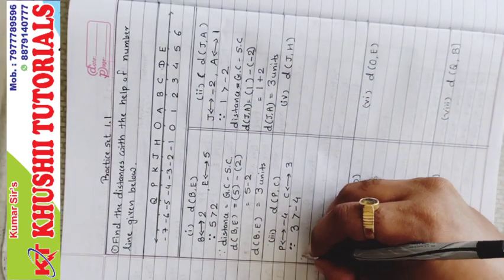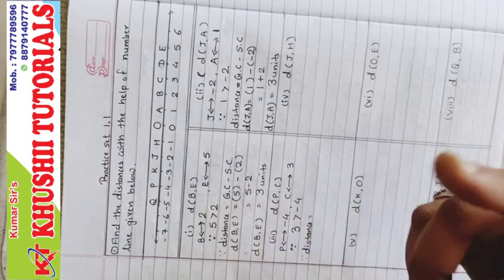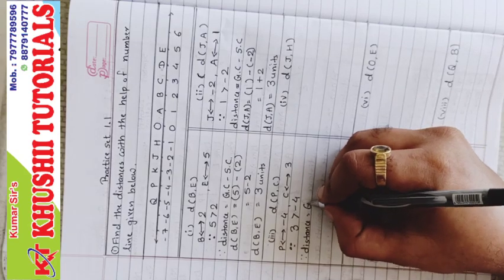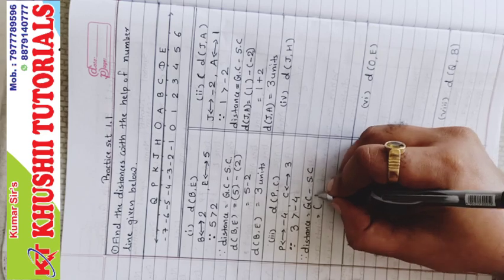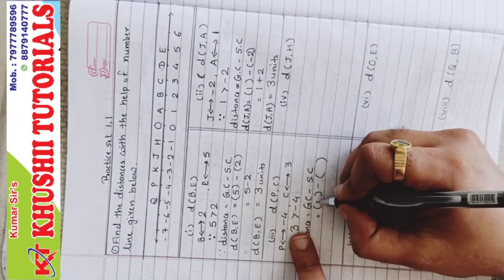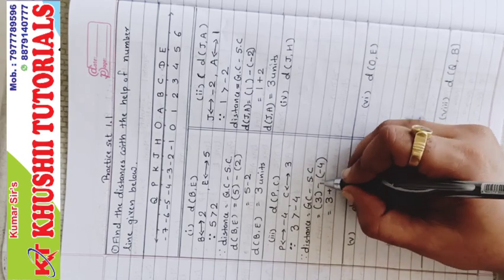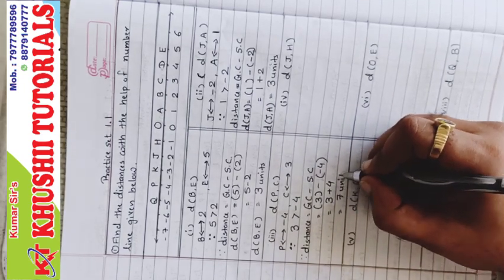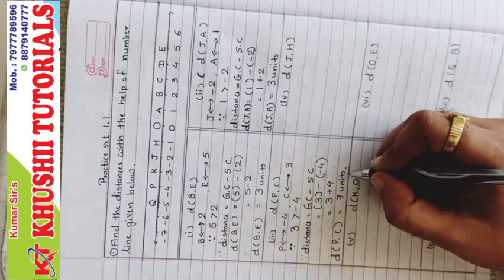Now the formula of distance. Since distance, what is the formula of distance? Speak loudly with me. Greater coordinate minus smaller coordinate. First bracket minus bracket. Now what is the greater coordinate? 3. What is the smaller coordinate? Minus 4. 3 minus minus plus 4, and 3 plus 4 is 7 units. So distance of P comma C is 7 units.